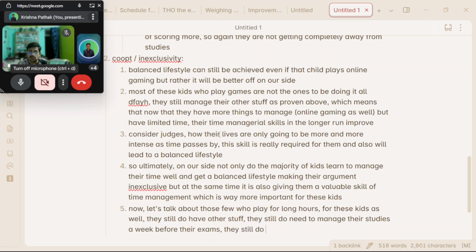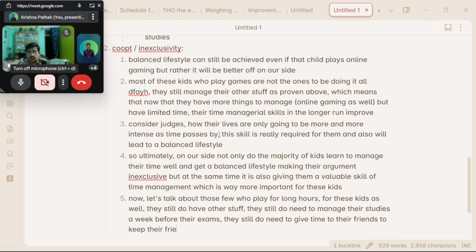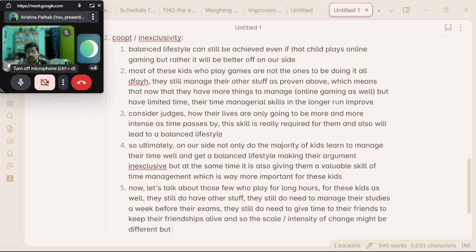They still do need to give time to their friends, to keep their friendships alive. And so, the scale might be different. The intensity of change might be different, but they shall as well learn to manage time and things. That is, their interests